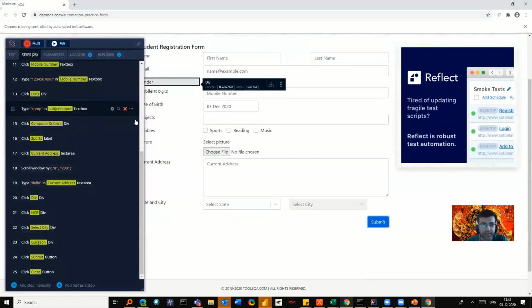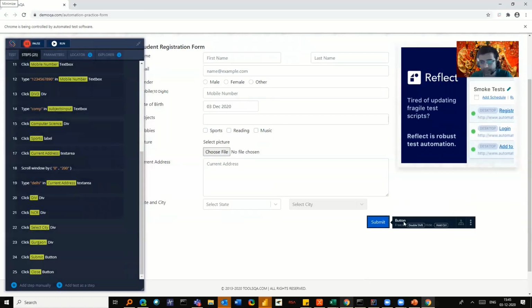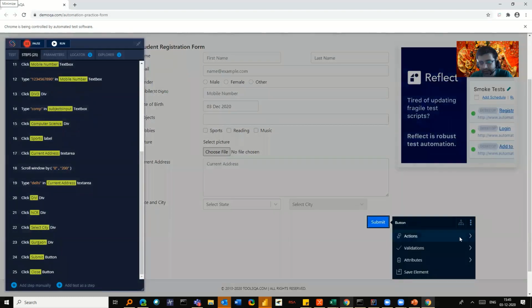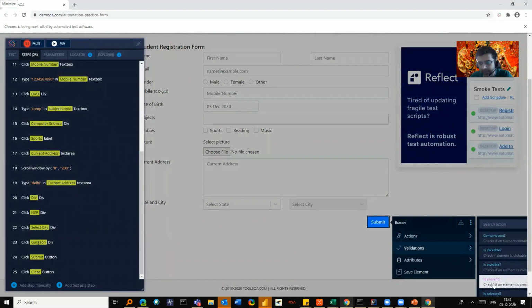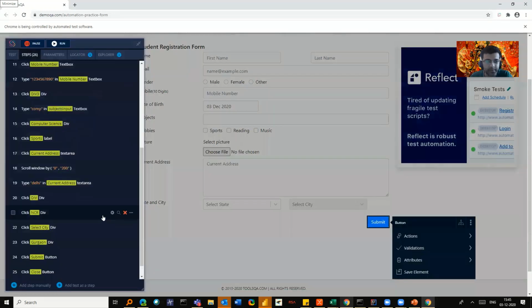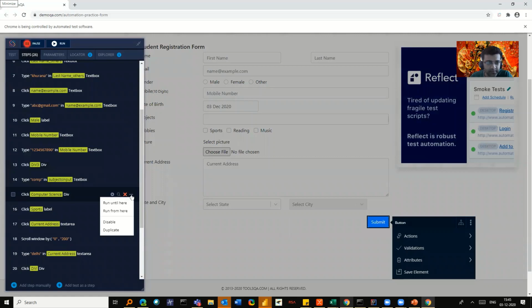So the recording is done. If I want to check whether the submit button exists or not, here every element is annotated, and I can put a validation, that is, is this button present. Now it has put it, save step, right? Now I can even try it out to see whether it is working fine till here.